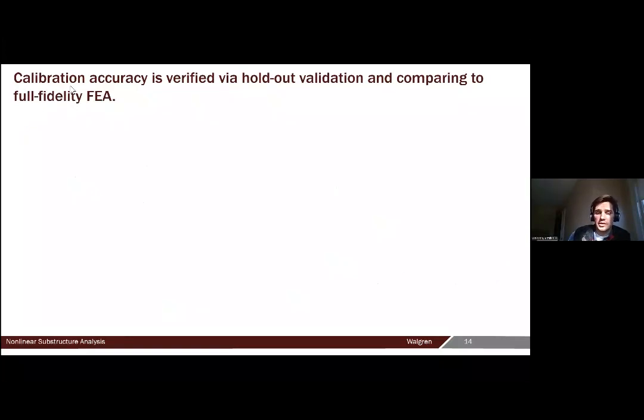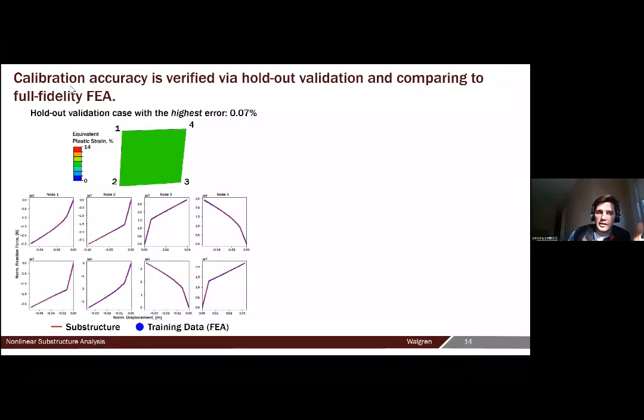And so I'm going to skip over the calibration process. I'd be happy to answer questions about that later. But when we run through those 3 stages and we get to the third, in terms of holdout validation for this simple example, error is quantified by the distance between these red and blue lines. And depending on the size of your screen, you might not even see a difference between the two, which is what we would expect for such a simple example. But this gives us confidence that using computational plasticity as a reduced order modeling framework has at least some potential. So we do very well in terms of a left out